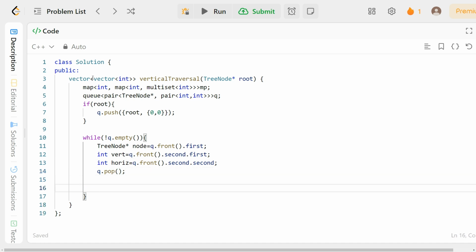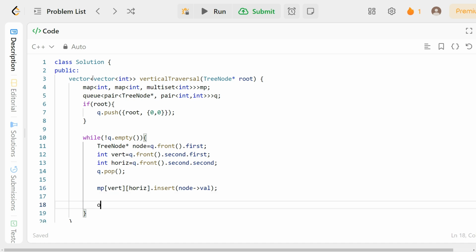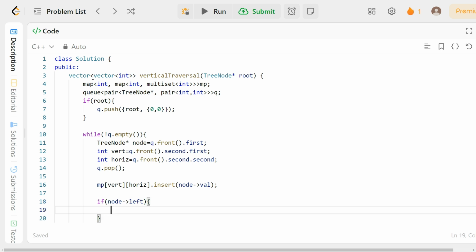Now we have to deal with it. So first assign into the map. So MP of vertical along with its horizontal dot insert. Why insert? Because we are using a multiset node value, because we don't need any other thing other than value in the answer array. Now if node does have a left child, if now node's left child is not null,